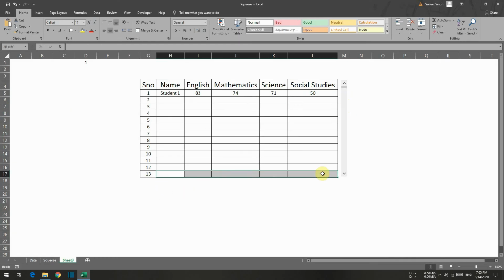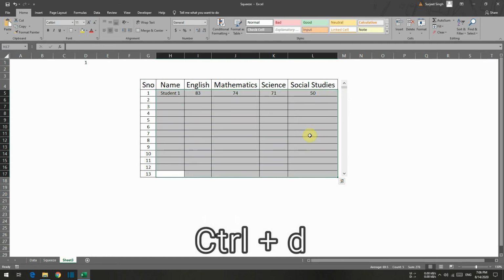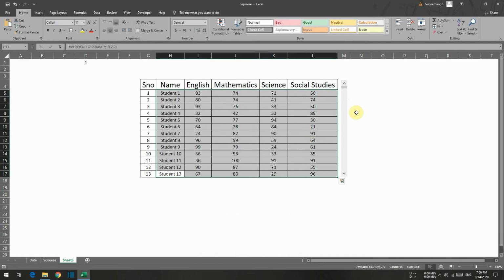Again I will select the bottom row, select it, press Ctrl D, and it will copy the required formulas into all the cells.